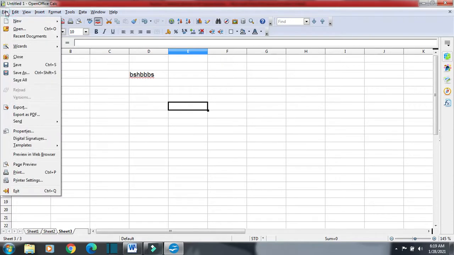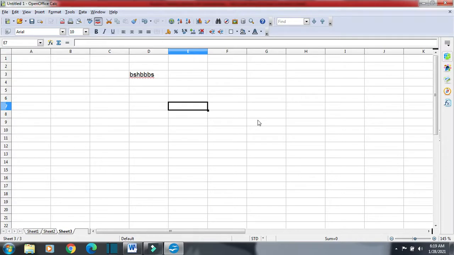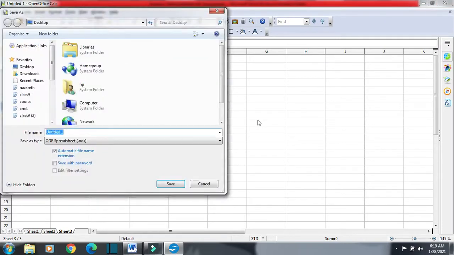We click on File and then Save. It will ask where do you want to save this. Suppose I want to save this on desktop. I will click on desktop and give a name to this file, suppose demo, and then click on Save. It will save our file on the desktop.